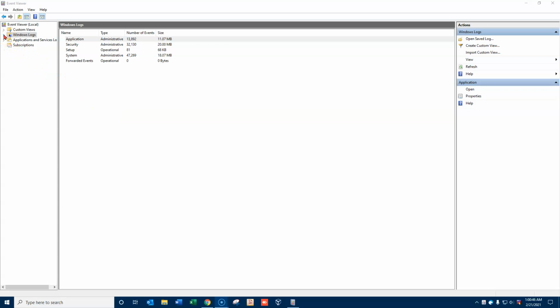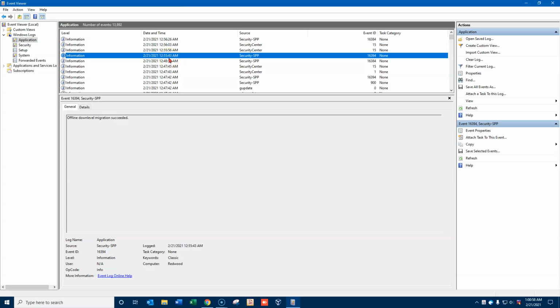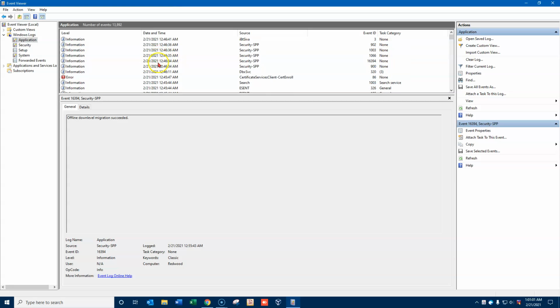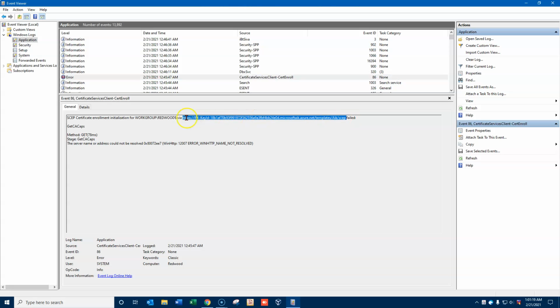It collects various log entries. Application logs are those logs that applications collect. For example, when applications are installed and uninstalled, it might put an entry here. Or when there are errors in applications, an error will be generated here. And you can discover what application is creating that error. In this case, I can find out what application that is if I dig down into this. And here's some information about what application that is,